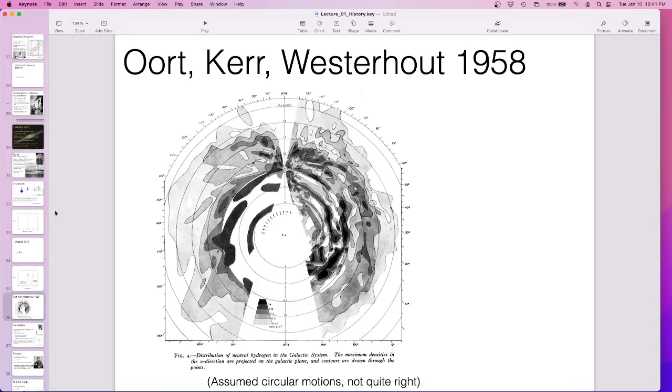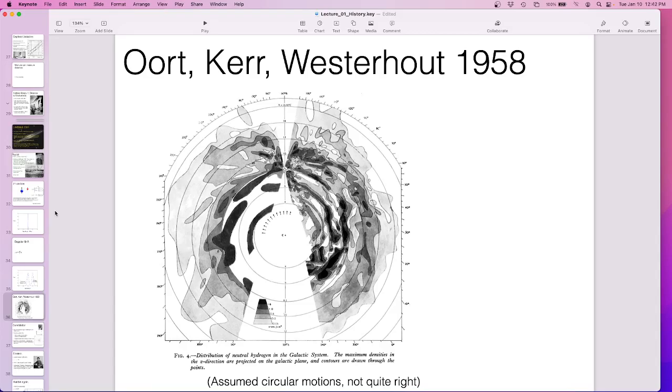How does this work? I'll go through this in detail later, so if you don't fully follow this right now, when we get to motion in the galaxy, it'll make more sense. But what we see here is a picture of the galaxy. They point the telescope at different points in the sky, and they can make a map of what the galaxy looks like. Because we know the galaxy is rotating differentially, if a cloud has a certain velocity, I have a good idea of where it is in the galaxy because I know the galaxy rotation. Or I can sort that out: if I don't know the galaxy rotation, I can measure the velocities that I get and get the rotation from that.